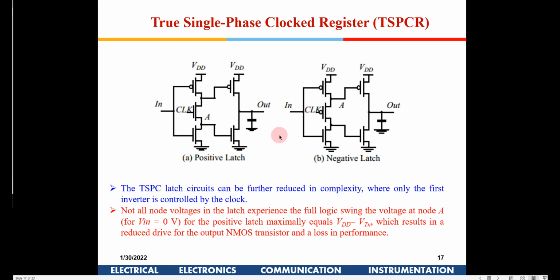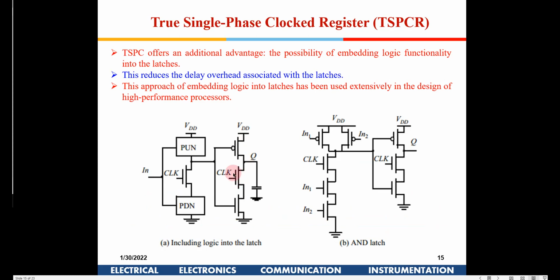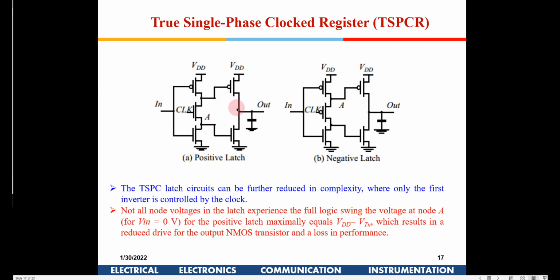So this complexity can be further reduced by not having the clock in the second stage. Here, if you see, in the second stage there was also a clock, and now that has been removed. The only issue here is that you can save one transistor, but there will be some